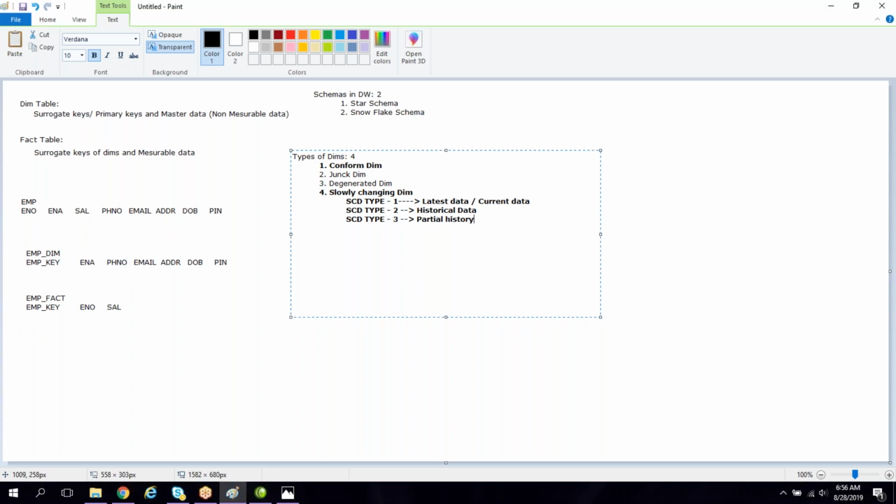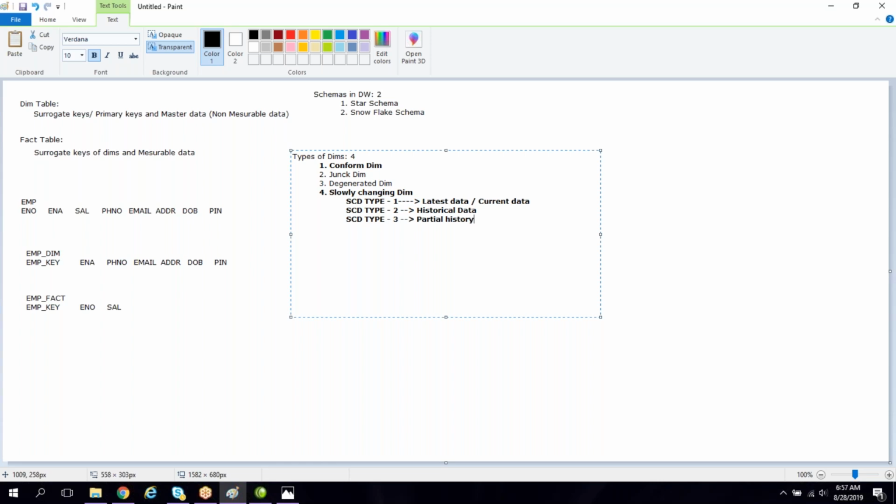In Informatica class, practically we will be creating a mapping for type 1 and type 2 because those two are very important. So we also create mappings, SCD type 1 mapping, SCD type 2 mapping. 100% in real time we'll create an SCD type 1 mapping. Also you will find SCD type 2, to maintain the historical data. Practically we will be creating a mapping for that, to maintain the latest data or historical data.